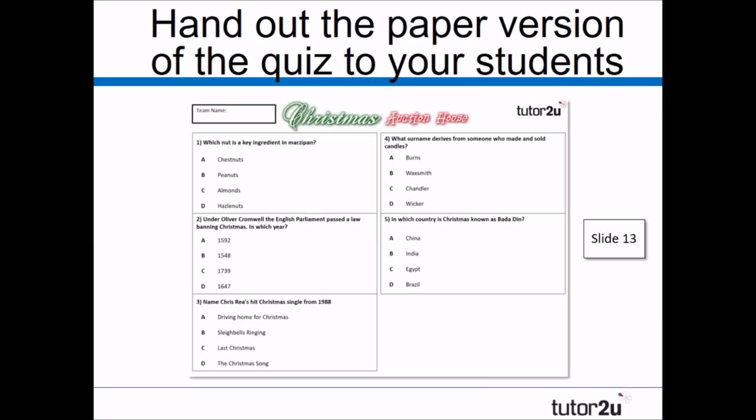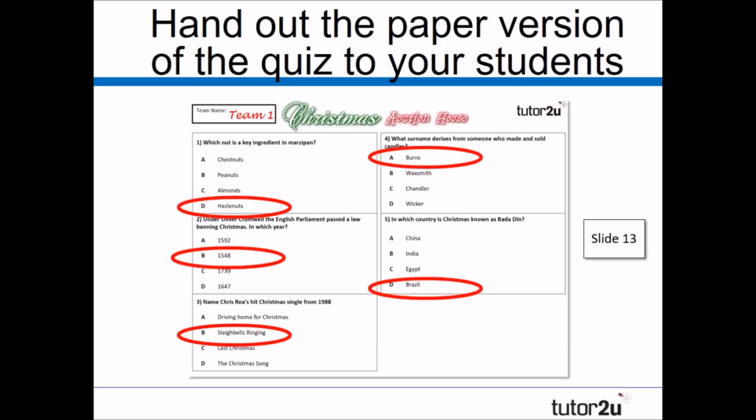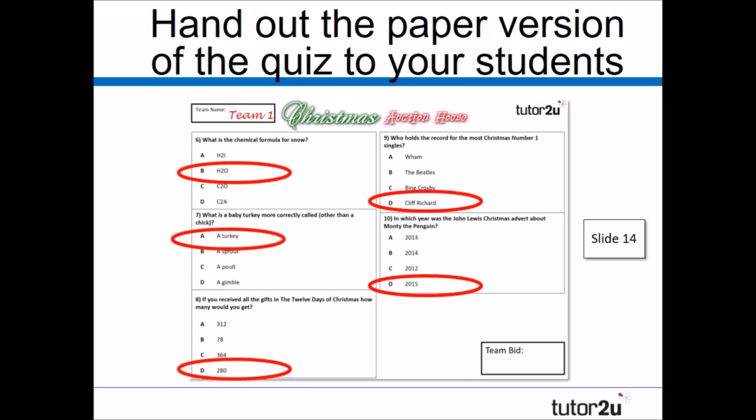Okay, so like I say, before you start, you're going to give them the quiz as a piece of paper. So the quiz is on slide 13 and 14. Print those off for each student in your group. They start by putting their team name in the top left-hand corner of the sheet and then go about answering all 5 of the questions, clearly indicating which one they think is correct. Flip over the sheet, do exactly the same with the second lot, the final 5 questions, and at the end,